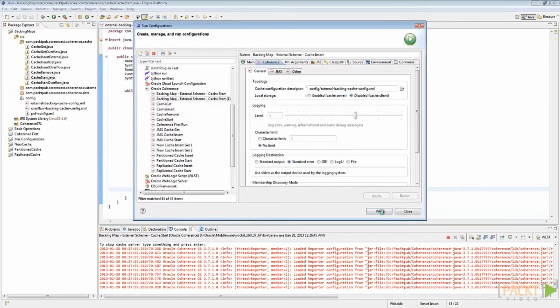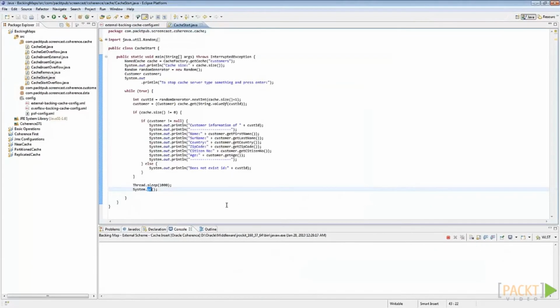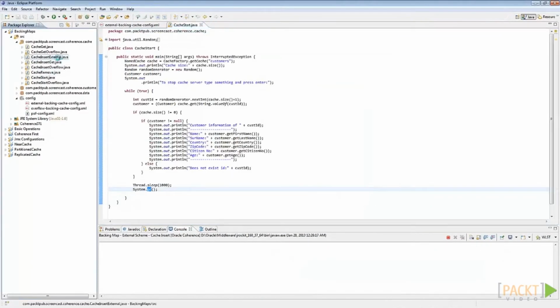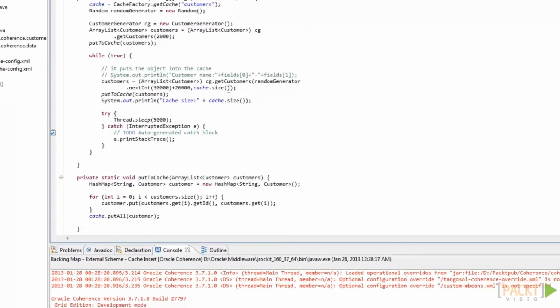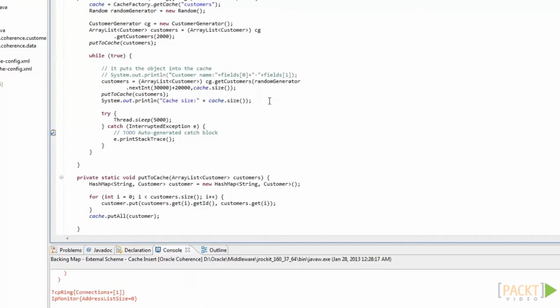Then click on Apply and Run. The cache insert external Java class in this project randomly generates between 20,000 and 50,000 objects and puts them into the cache. After cache insert external has started,